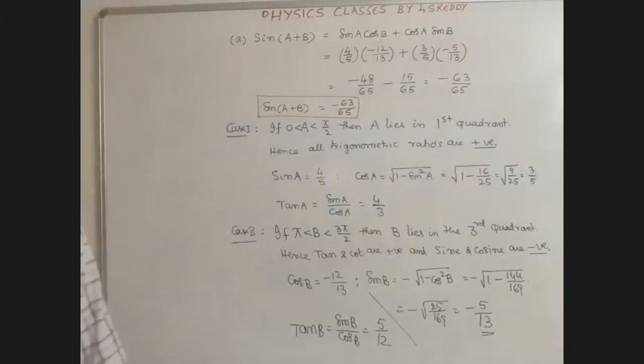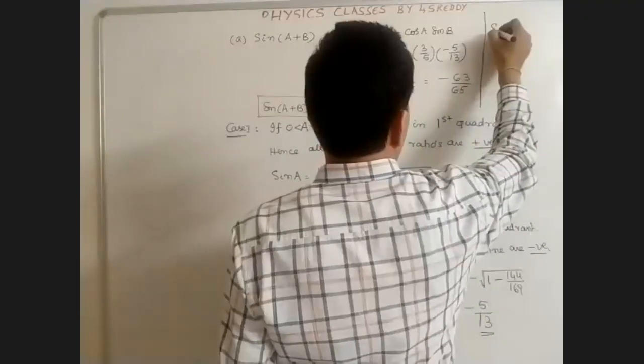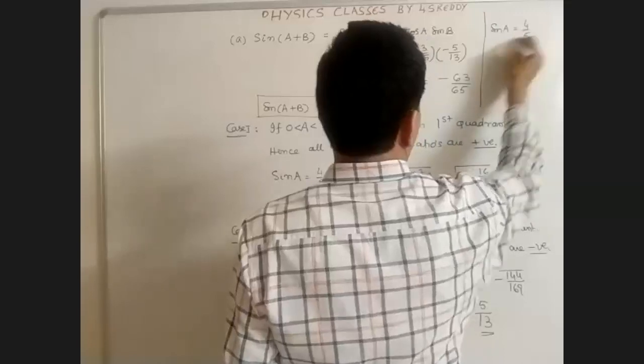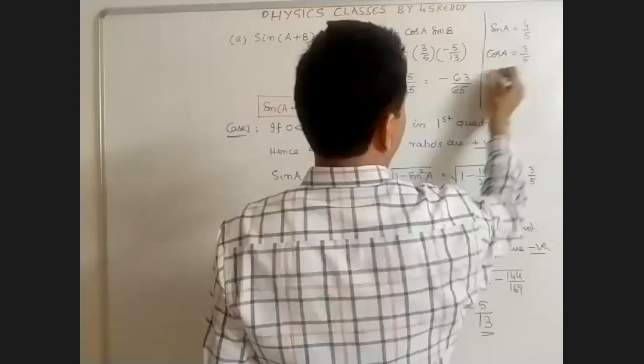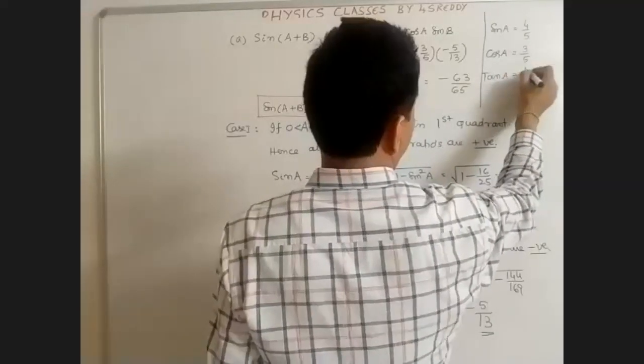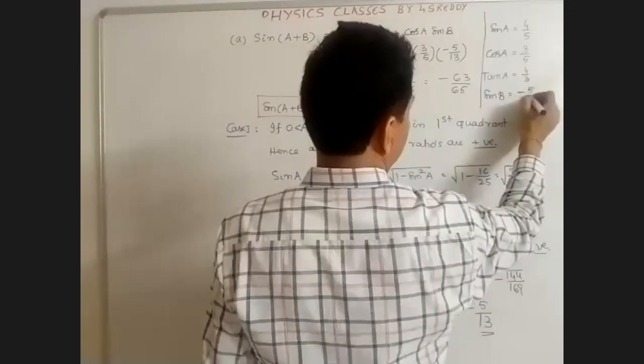And then what is the other one? You are asked to find cos A minus B. Can I erase this? So sin A is 4 by 5, cos A is 3 by 5, tan A is 4 by 3, sin B is minus 5 by 13, cos B is